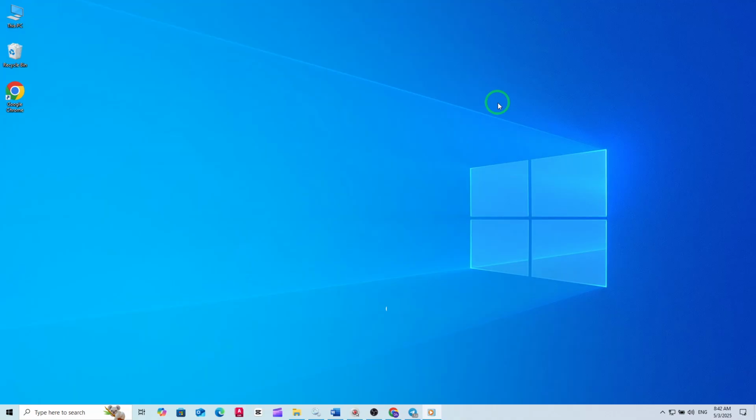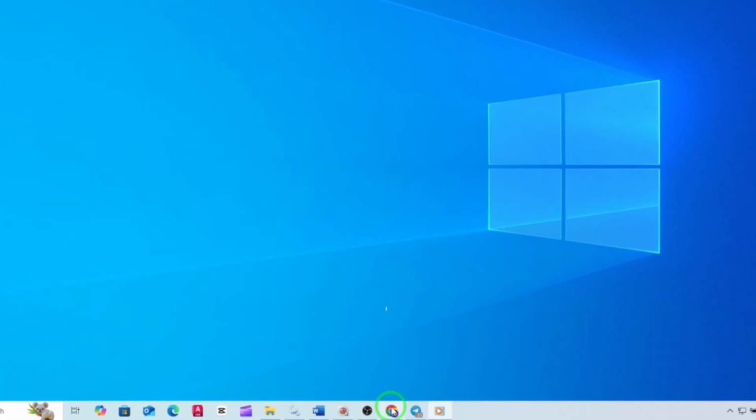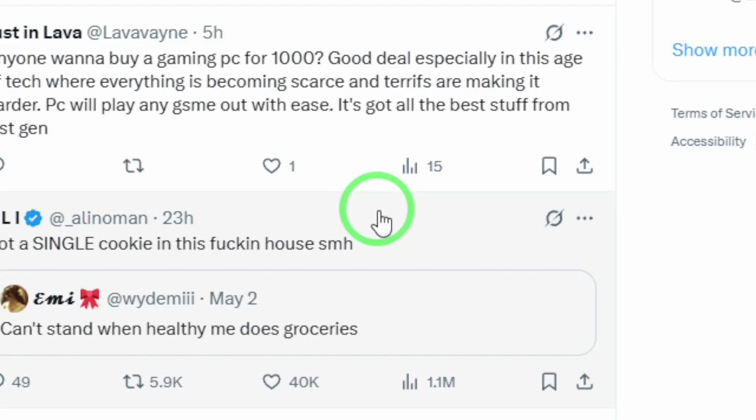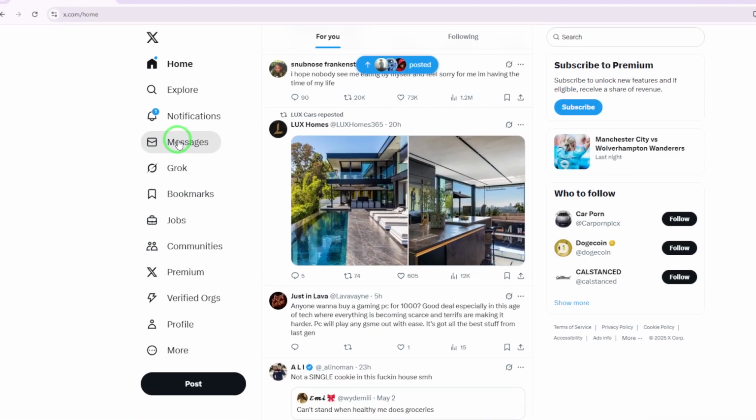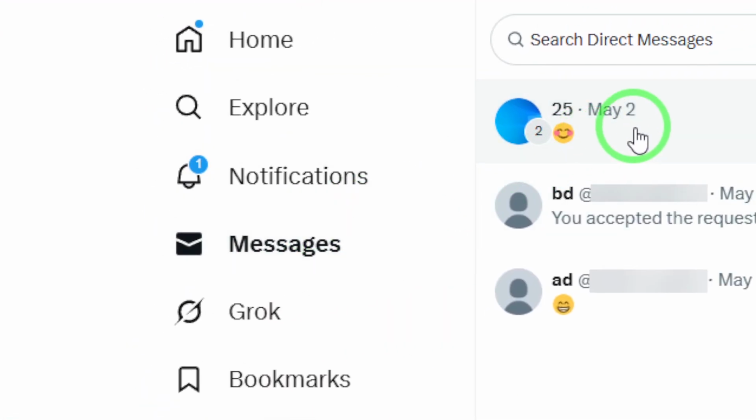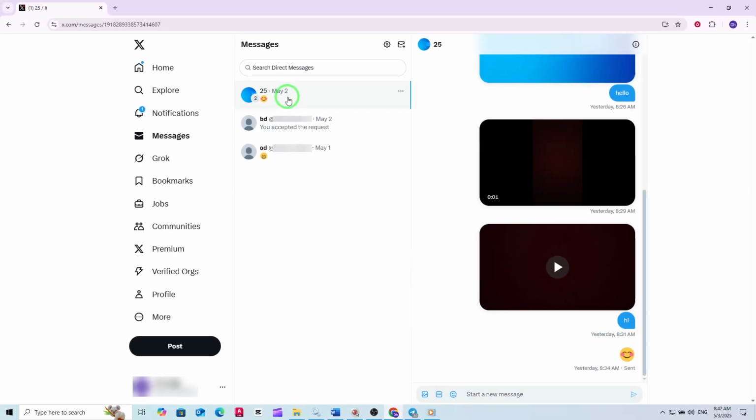Let's get started. First, open X from your preferred browser and log into your account. On the left side of the homepage, you'll see the messages icon. Click on it to access all your conversations. Find your group chat by typing its name in the search bar, or scrolling through your list, then click to